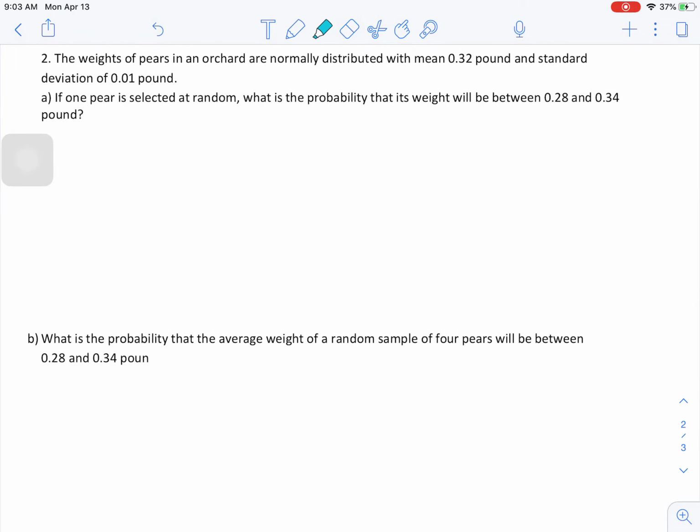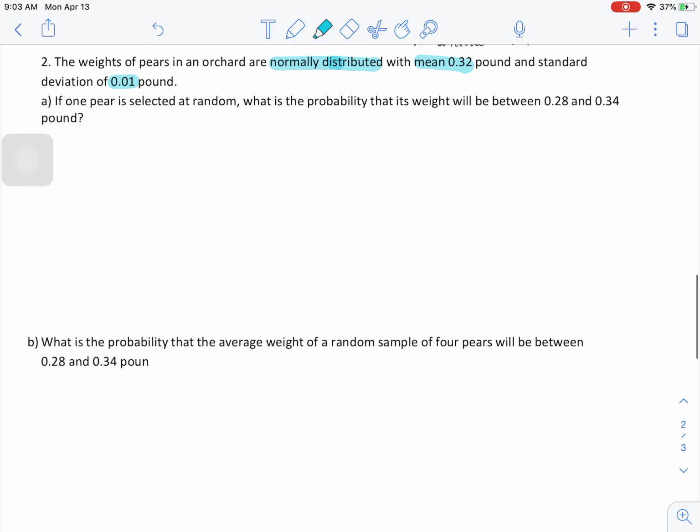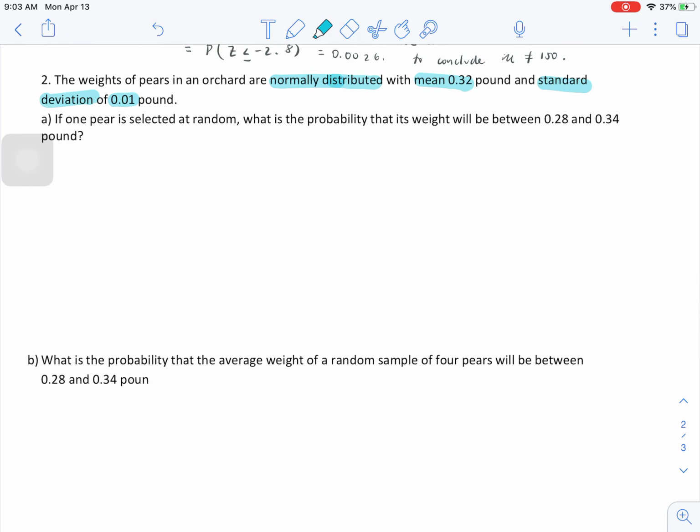Question 2, our random variable is the weight of a pear. We know that the weight of pears in an orchard, this random variable, is normally distributed with mean 0.32 and standard deviation 0.01. So if a single pear is selected at random, what is the probability that its weight will be between 0.28 and 0.34? So we have a single pear, so we know we're dealing with the population distribution, which we're given